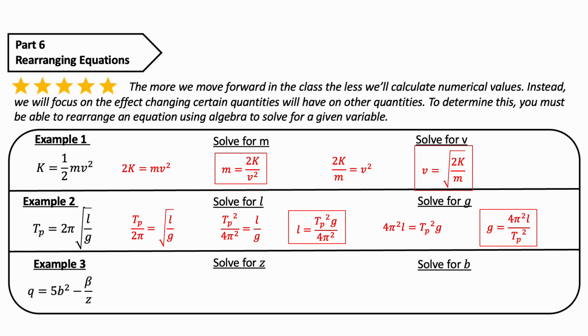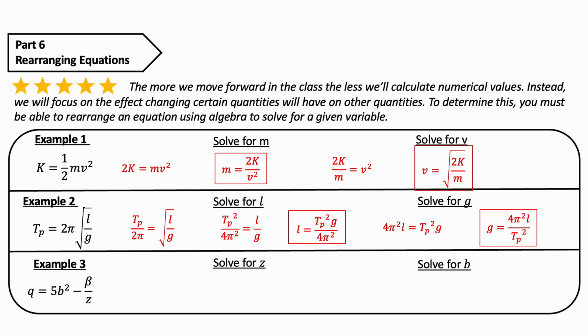It's just when we have different things separated by either plus signs or minus signs. So in example 3, the Q is a term, the 5b squared is a term, and then the minus b and the minus beta over z is its own term. And that b and that beta are different things here. So the first thing I want to do is solve this for z, we need to get z